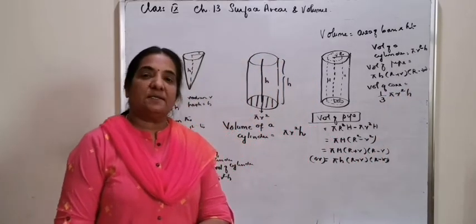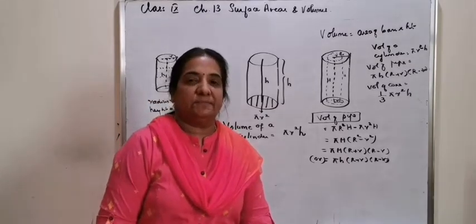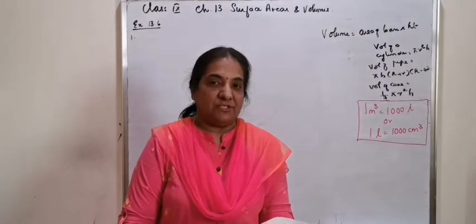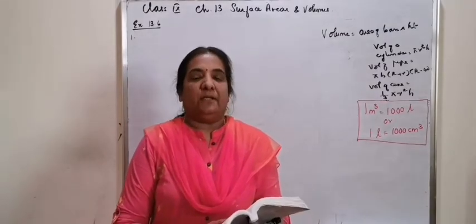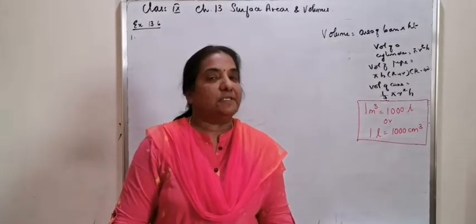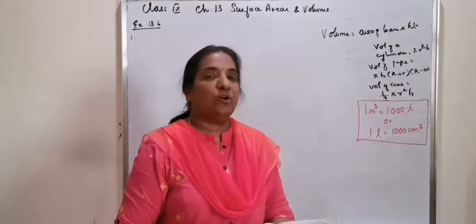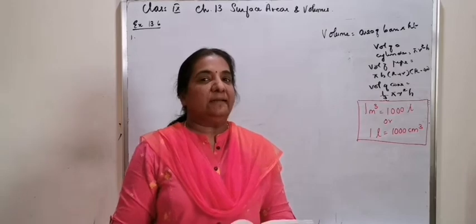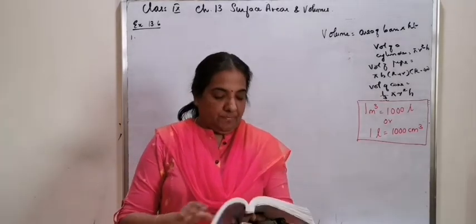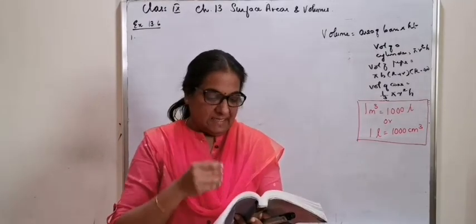So these are the formulas which are applicable in the next 2 exercises. We'll start with exercise 13.6, and the exercise is based on volume of cylinder. And in almost all the exercises, this conversion unit of 1 meter cubed is equal to 1 kiloliter, or 1 meter cubed is equal to 1000 liter, or if the volume is in liter, divide by 1000 to get the centimeter cubed. Assume pi is equal to 22/7 unless stated otherwise.